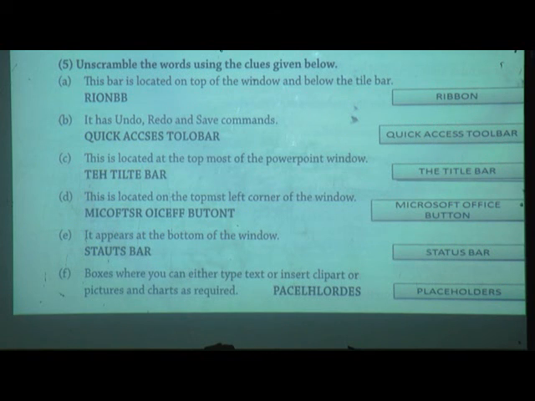Last one, boxes where you can either type text or insert clip art or pictures and charts as required. It is placeholder. Write down fast.